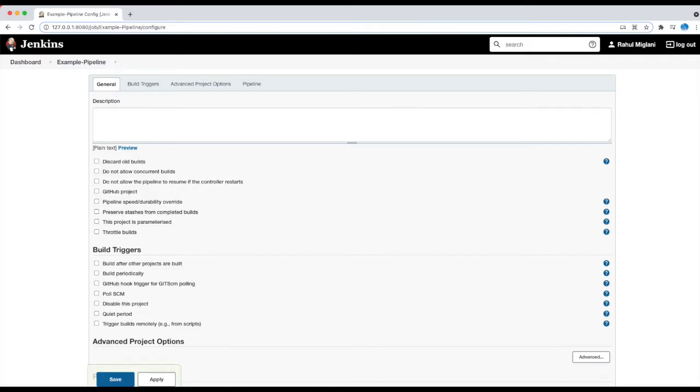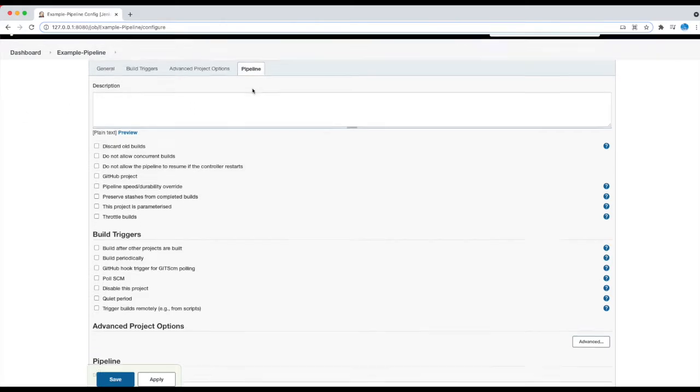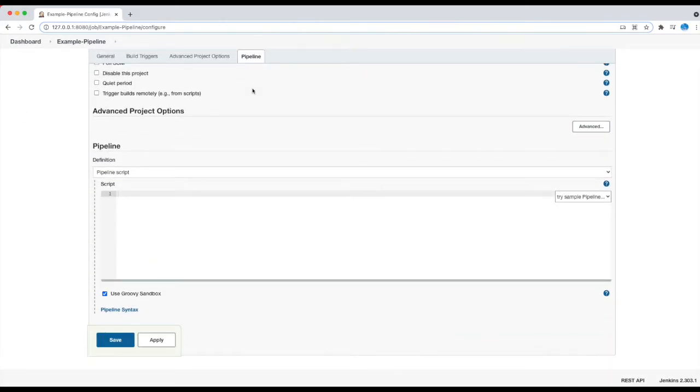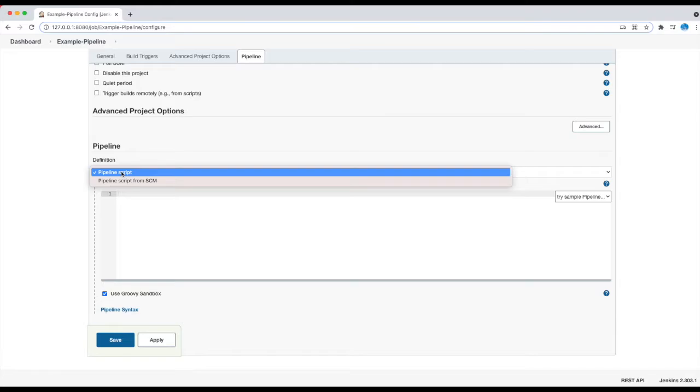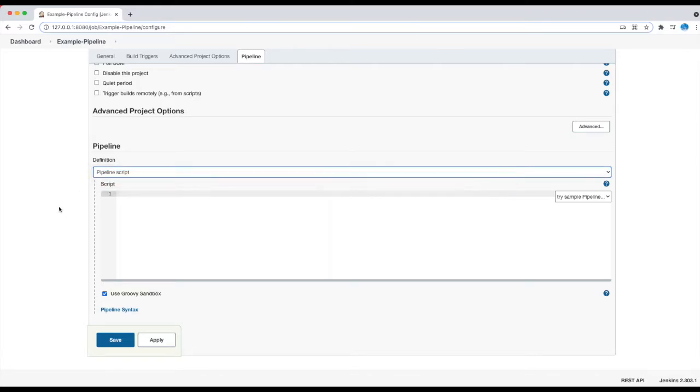Right now, if you click the Pipeline tab at the top of the page to scroll down to the Pipeline section, you can define your Jenkinsfiles in source control. You can follow the instructions for SCM. Now, in the Pipeline section, ensure that the Definition field indicates the Pipeline script option. Enter your pipeline code in the script text area. For instance, copy the declarative example or its scripted version and paste it into the script text area,